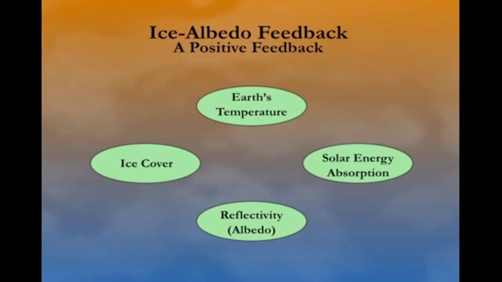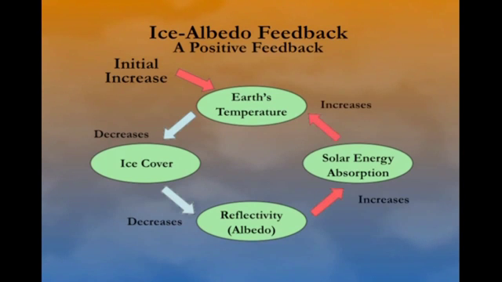So let's talk about the ice albedo effect. The ice albedo effect is a positive feedback in which, particularly in regions where there's ice and snow, if it warms up a little bit, then some of that ice or snow melts. And if enough of it melts to expose either dark ground or, more significantly, dark open water, then that diminishing